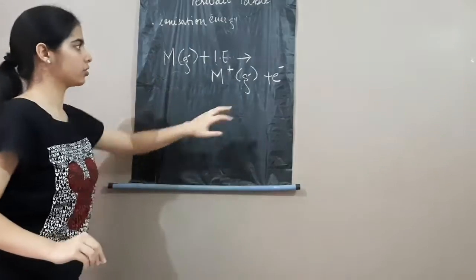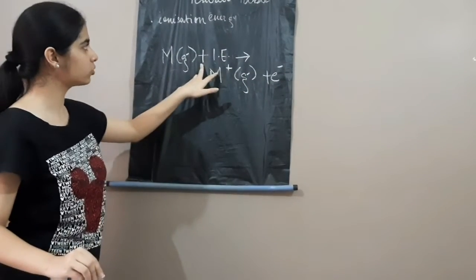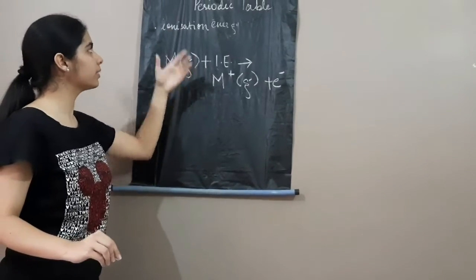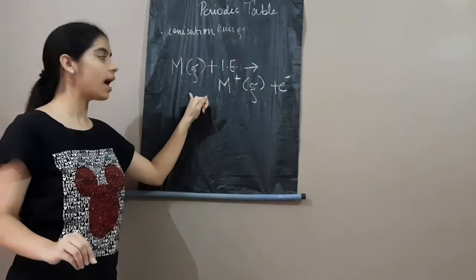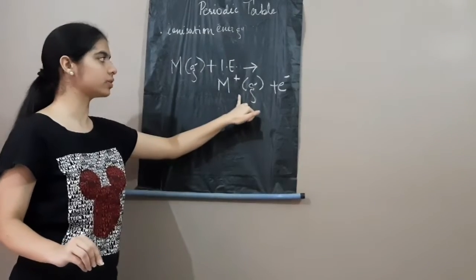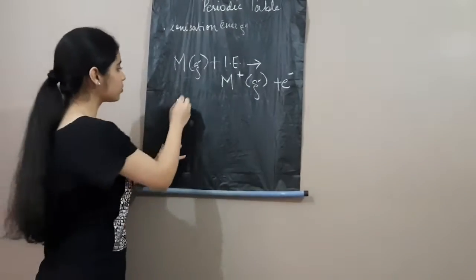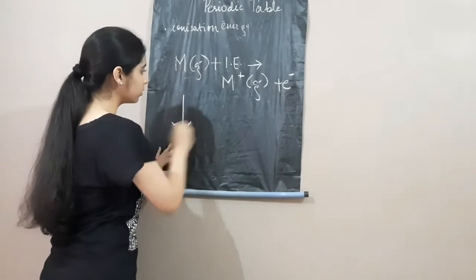is called ionization energy. So this means if this goes away, then the electron here will become minus, so the electron is removed, right? So what does that mean? The energy required to remove an electron from a neutral gaseous isolated atom in order to form a positively charged ion is called ionization energy. Now what happens to this energy when we go down the group or across the period?